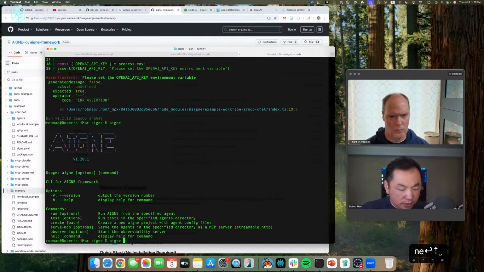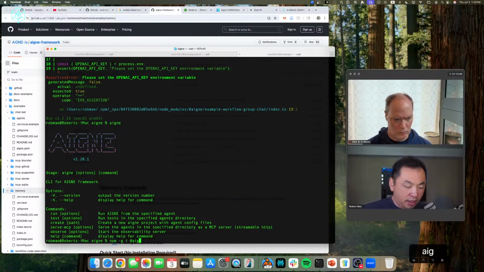So once you have the AIGNE installed, you're going to be able to have this kind of AIGNE command line. Right now I have the AIGNE running because I already installed it, right? So to install AIGNE, all you need to do is npm -g i @aigne/cli. npm is one of the commands that comes together with Node.js.